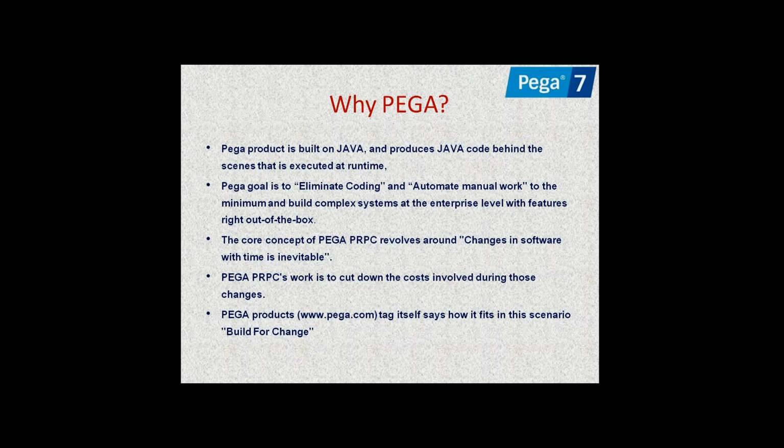It also cuts down the cost of the applications, meaning the development time will be very low when we compare with other approaches. One more thing I want to say: whatever you can do in Java, the same thing we can do in Pega also, and what you cannot do in Java, we cannot do in Pega. It is designed in such a way that all the things we can develop using the Java programming language, we can also develop in Pega.